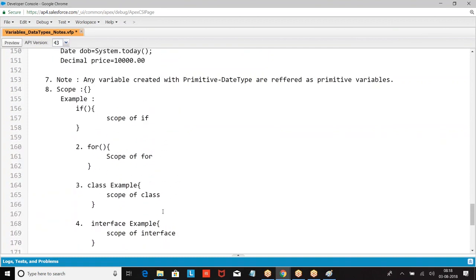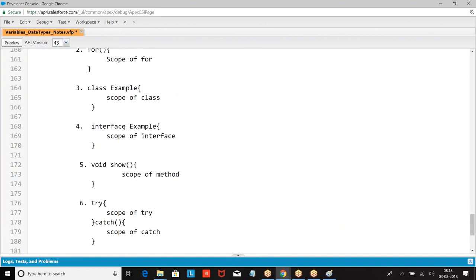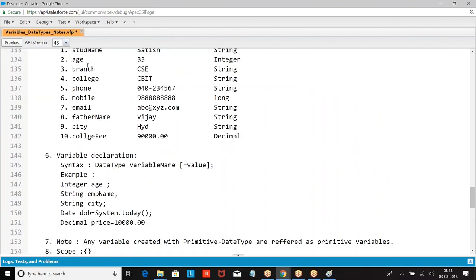Apart from this, are we going to use anything? No. So if you define if followed by a flower bracket, it is if scope. For followed by a flower bracket, for scope. Class followed by a flower bracket, class scope. Interface scope, try scope, method scope, catch scope. Wherever we are defining a flower bracket, it is a scope.